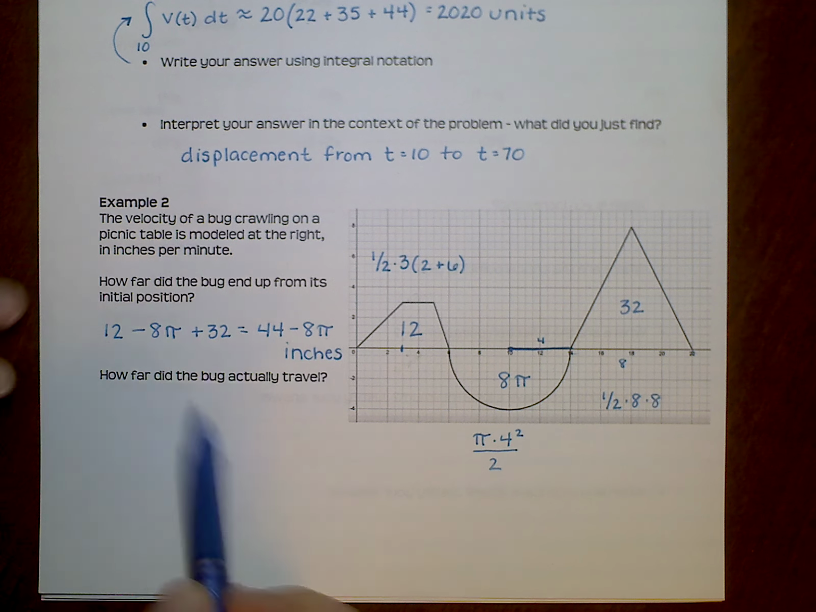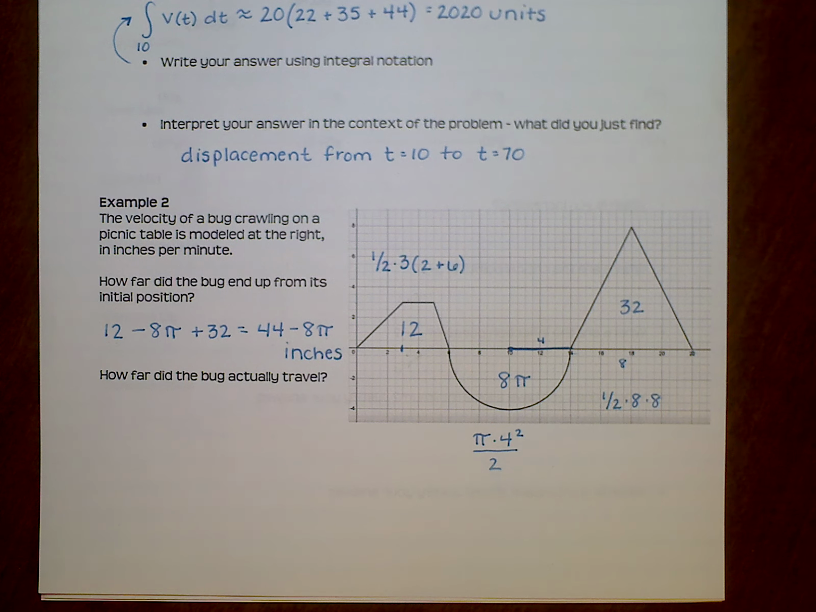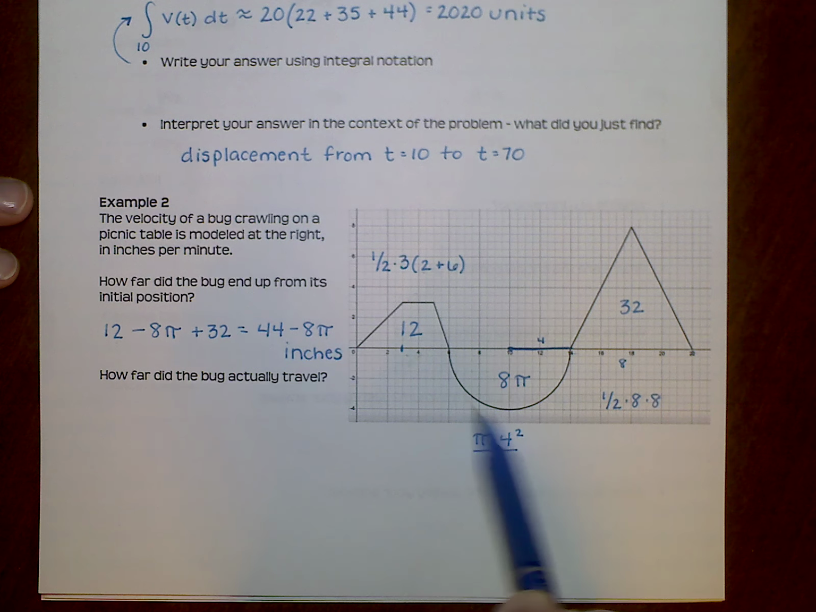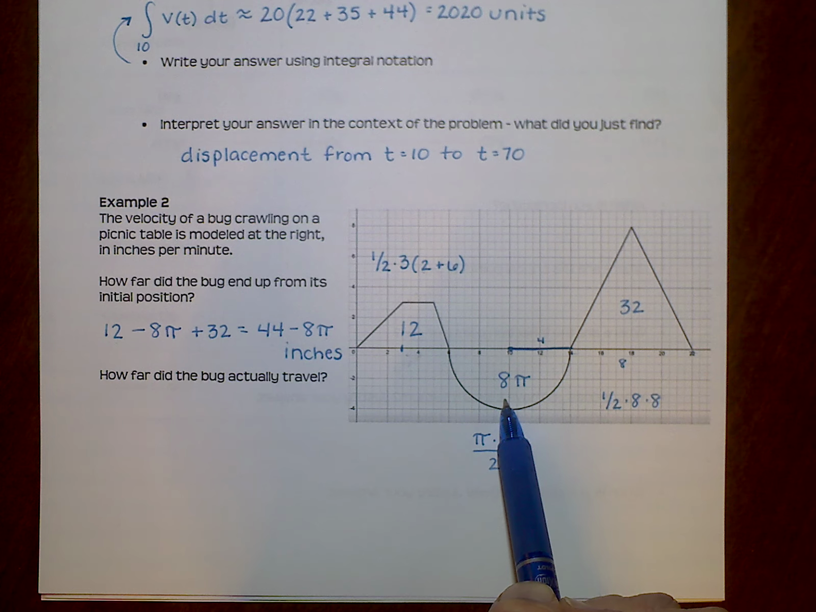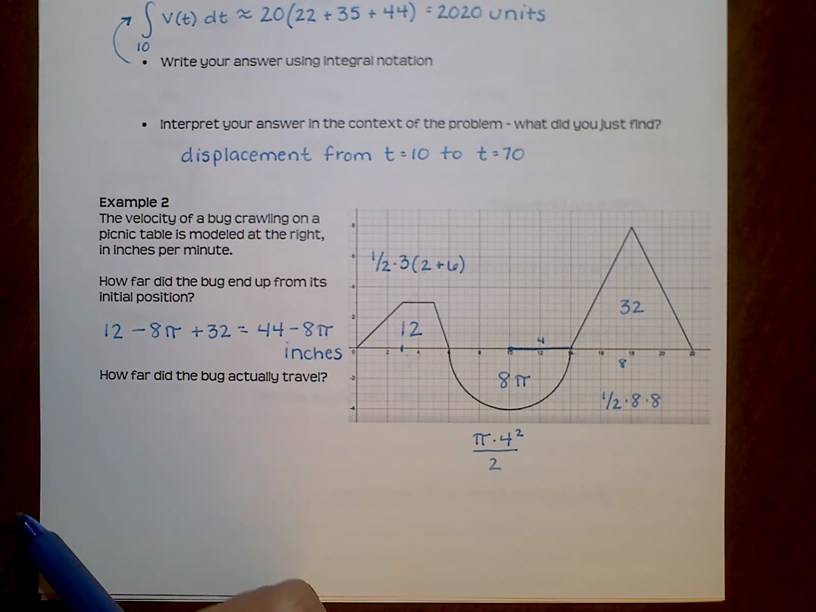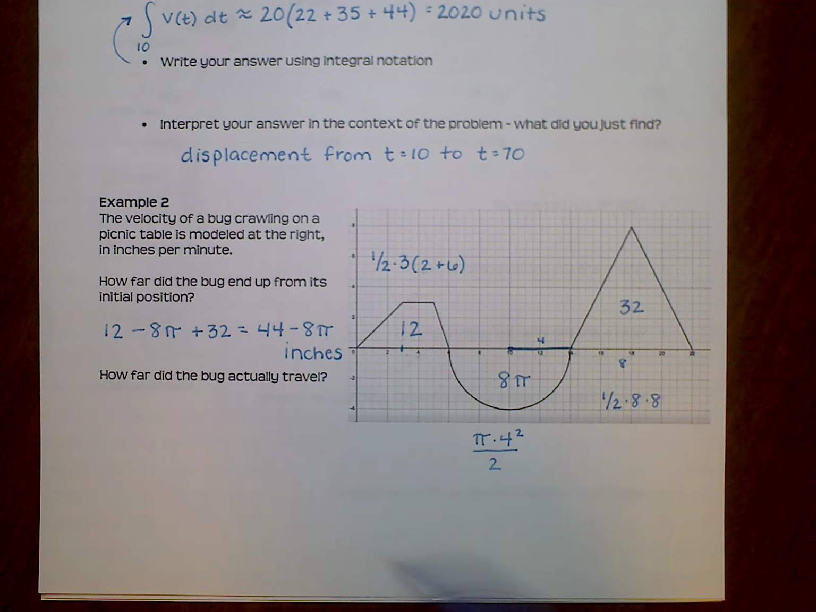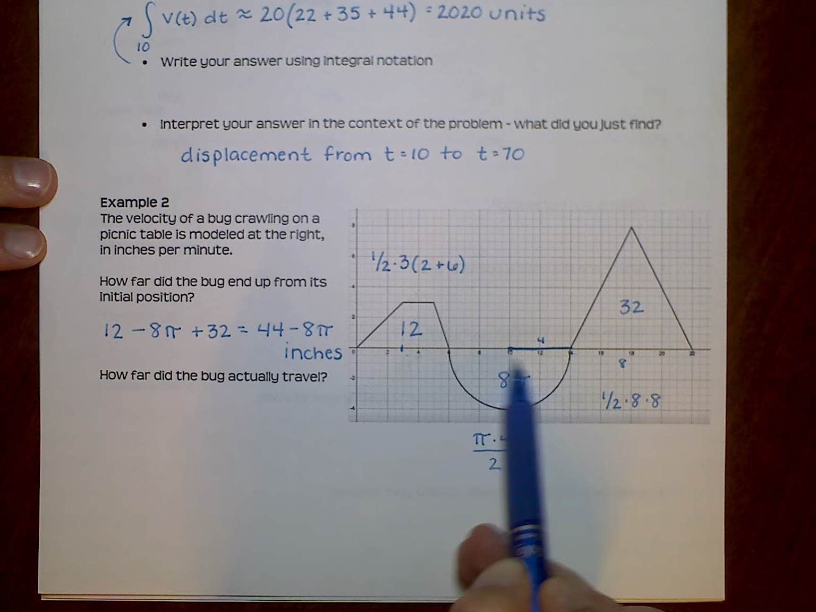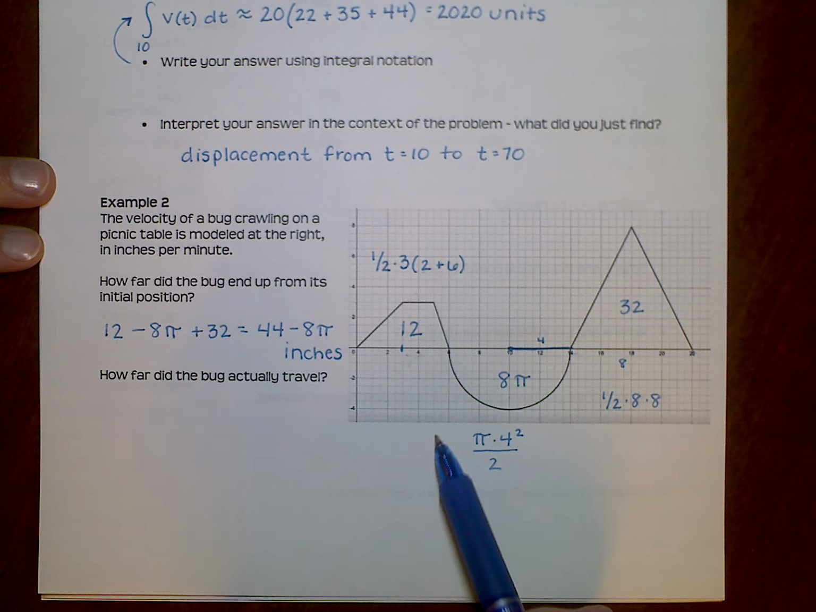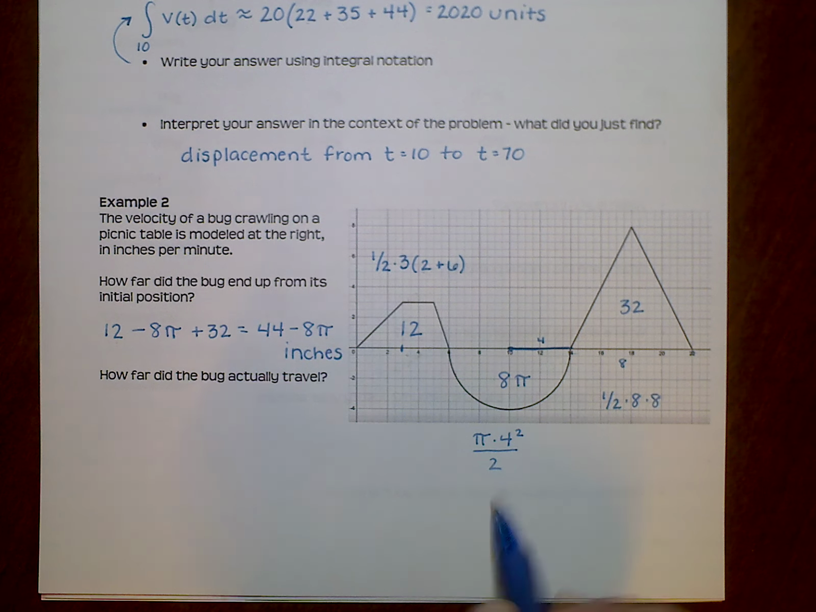Now, how far did the little bug's legs actually walk? Well, this part that we counted as being negative before, that's still distance, right? It's just moving in an opposite direction. That's why we subtracted it before. But if all I care about is total distance that I traveled, what I want to do is consider this as just being positive. So if I'm looking at total distance,